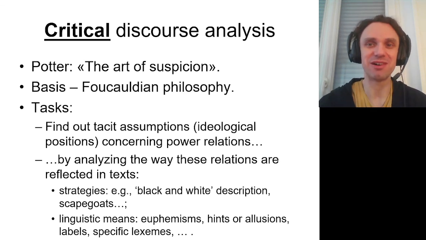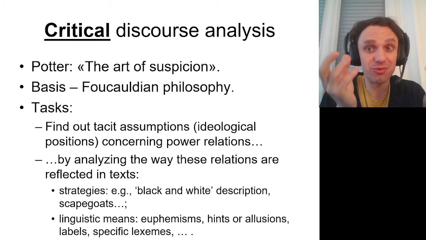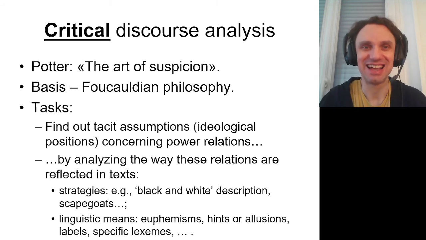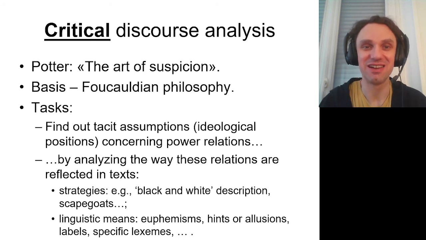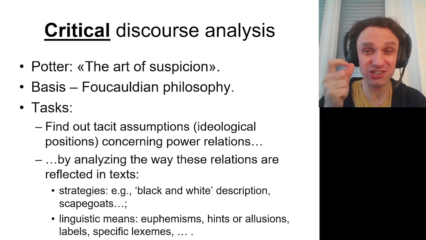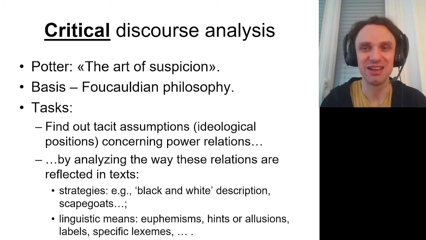Phenomenological analysis is about being completely open to your participant and trying to see the world through their eyes. Critical discourse analysis is the art of suspicion, as Potter, one of the authors of this method, called it. Your goal is not to trust whatever a person is telling you, but to be suspicious